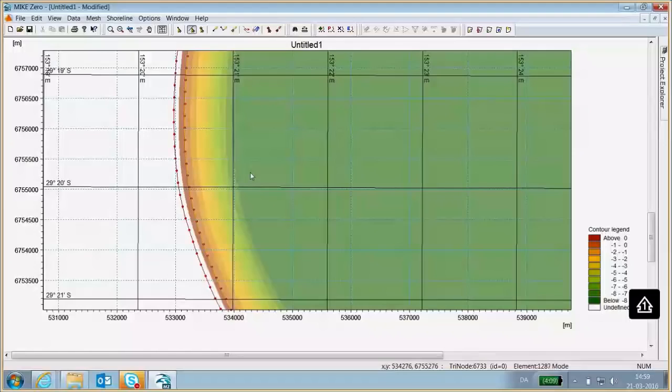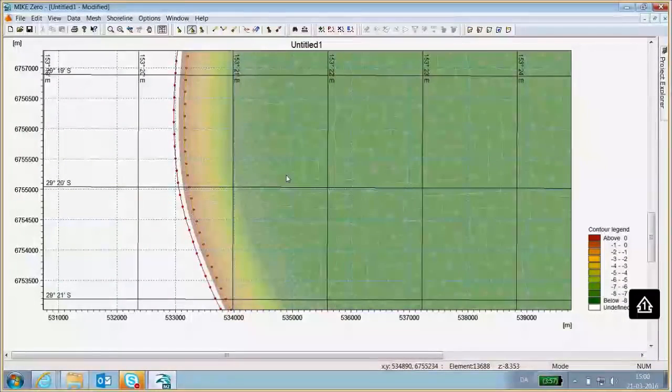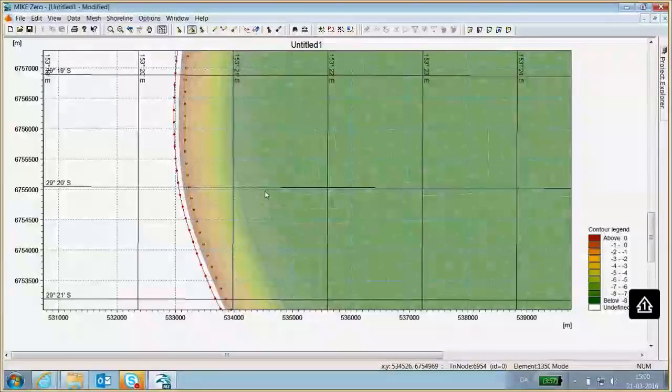In the present case, we're going to locate it just beyond the 8 meter depth contour, which will be around here. And once you have defined your mesh, let's just draw the mesh again here, you are also limited by the resolution in your mesh, because you would like to have relatively good resolution inside the area covered by the edge map, because that's where the morphology can be active.